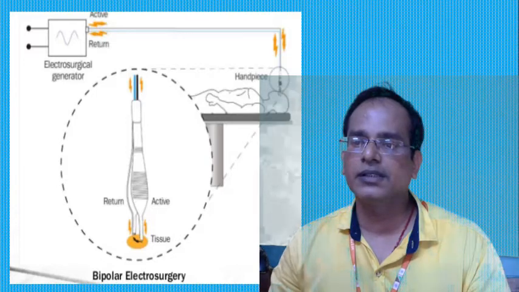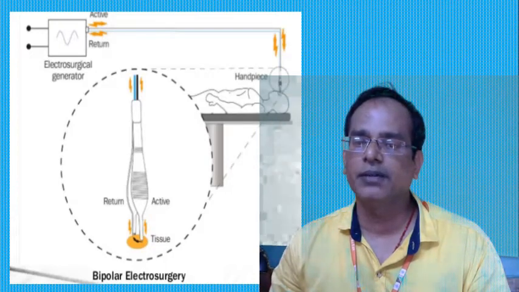So the vessel walls near the electrode are fused together by the protein clotting caused by the heat. Here they are using electrotomy: temperatures above 100 degrees Celsius in the region around the active electrode lead to rapid evaporation of the fluid within the cell membrane. Here the cell membrane ruptures, forming the wafer around the electrode, which depends upon the impact of current.